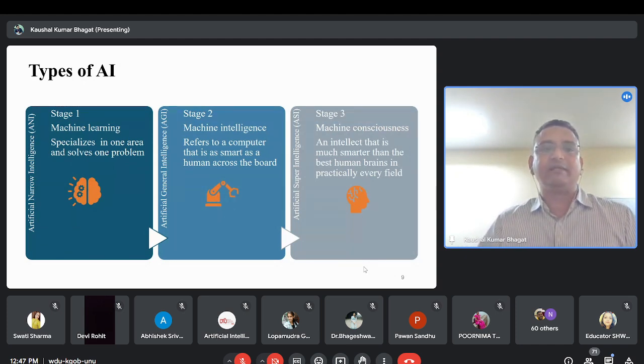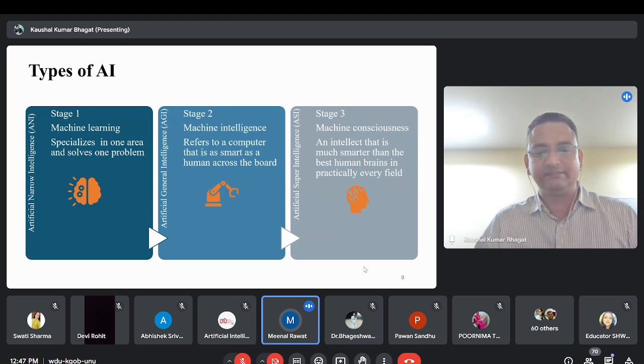Now, there are different types of artificial intelligence. We have ANI, which is artificial narrow intelligence, which basically focuses on